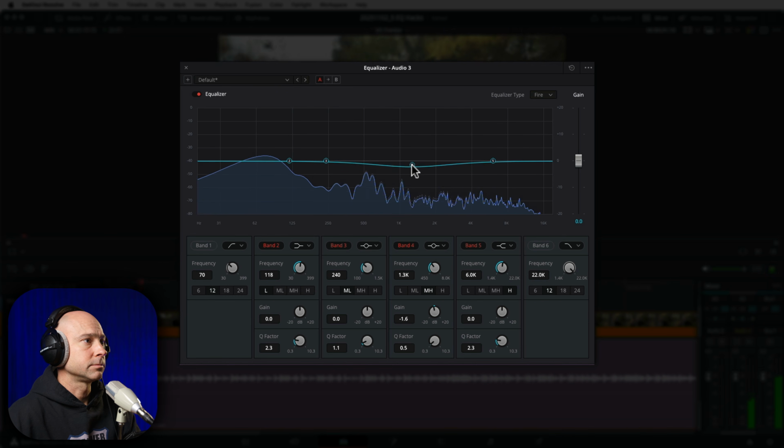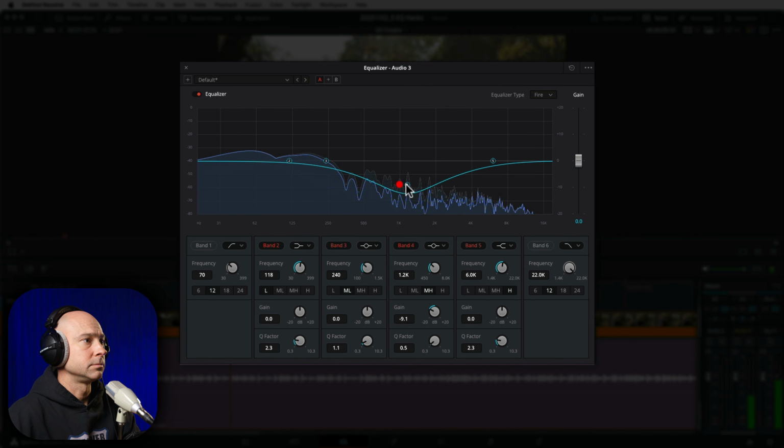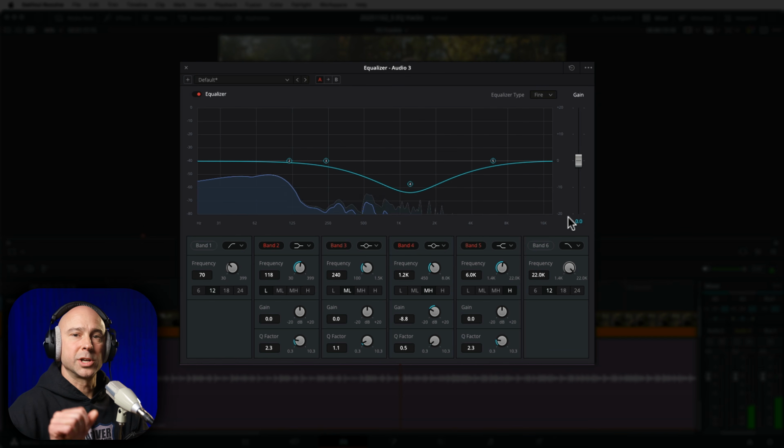So one of the most overlooked audio tools here in DaVinci Resolve or any audio software is the EQ. Now people might be a little intimidated, a little scared about getting in there using the EQ, but it can really take care of problems in your audio as well as just